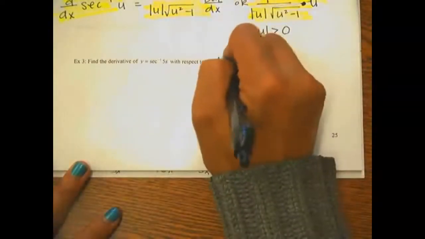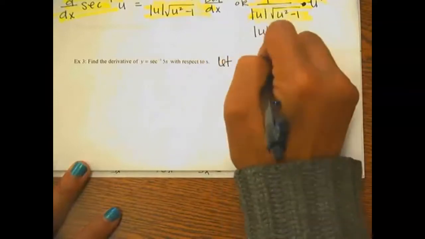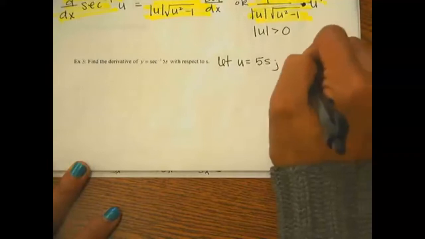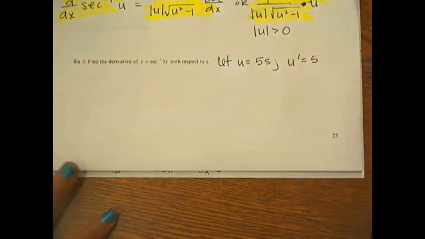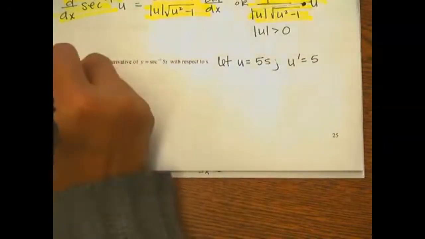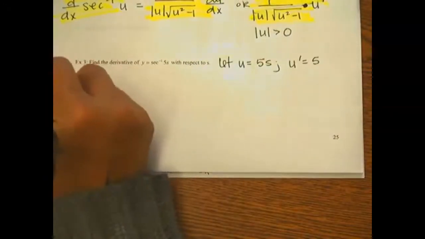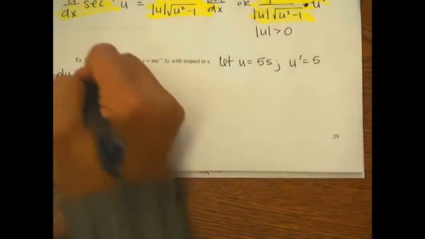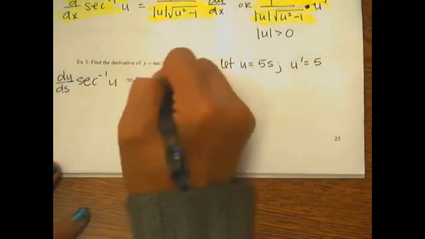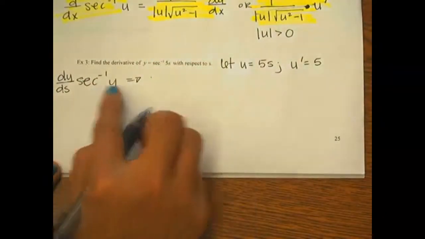So what I'm going to do is let u be 5x. Okay. Then u prime is 5. So I want to take it with respect to x. So dy over dx of secant inverse of u. Okay. Secant inverse of u. Here we go. So it's going to be, according to my formula,